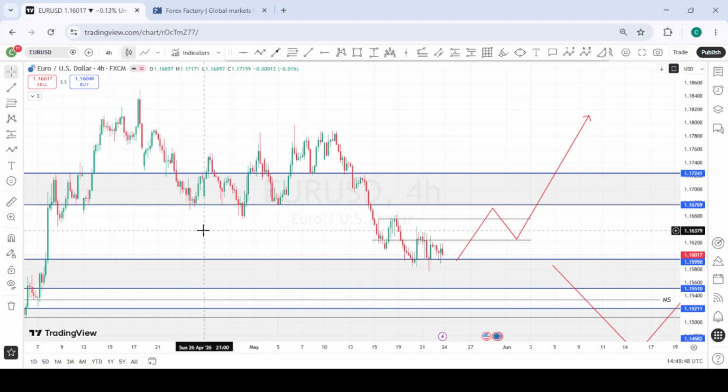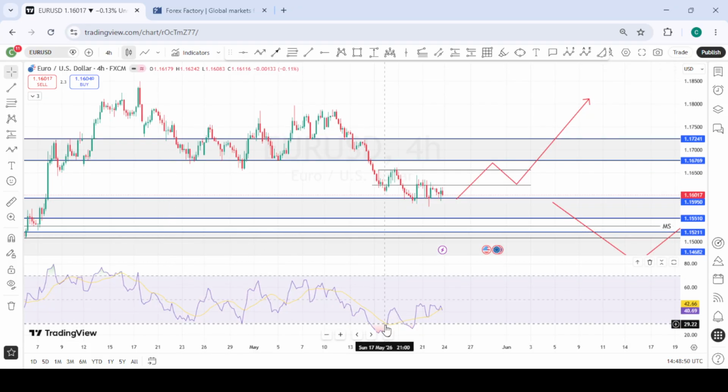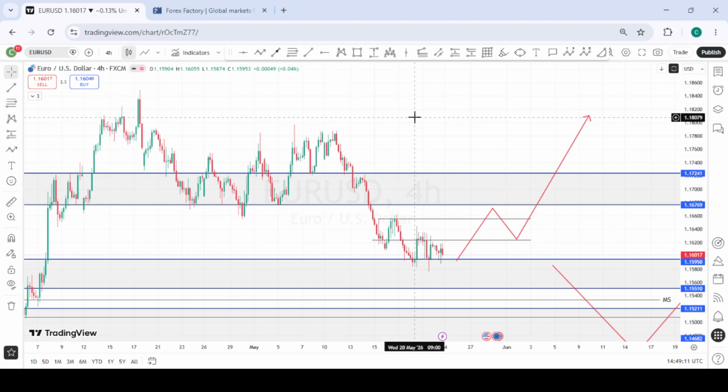And if we throw in the RSI again, you still see this divergence developing at the area of interest. You can see a lower low, a lower high, a lower low, a lower high, a lower low. But you can see here a higher low, a higher high, a higher low, a higher high, which is a divergence from what's actually happening on the chart. So we are likely going to see some reversals from here if we see crude oil dip for the coming week.